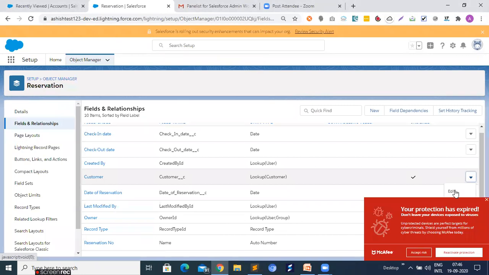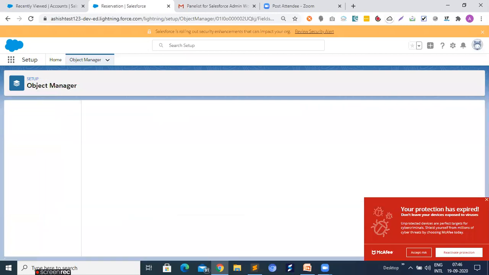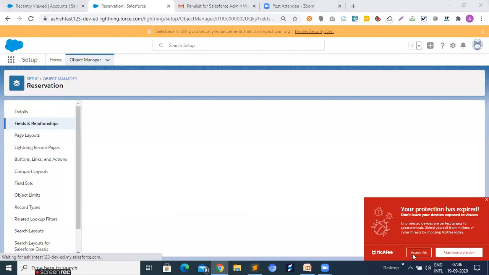Click on edit. And we can modify the type. Initially it is of lookup type. We can convert it into a master detail relationship.